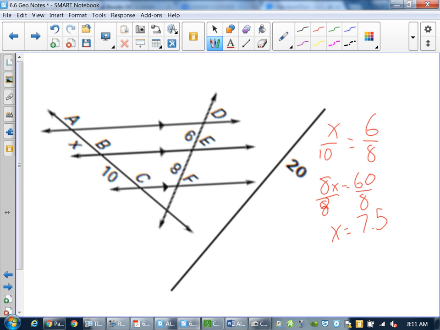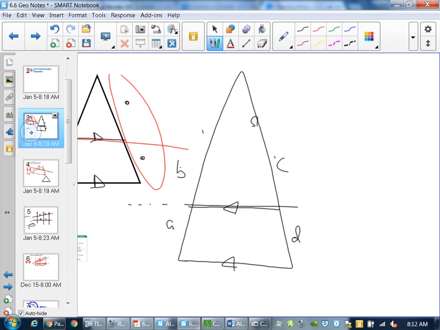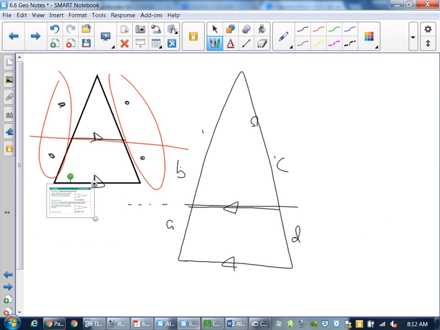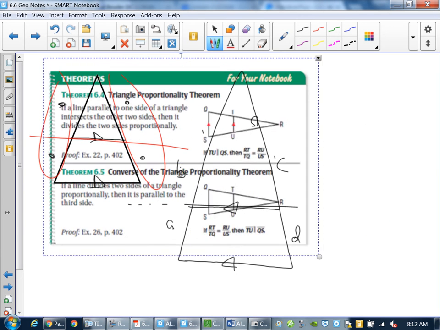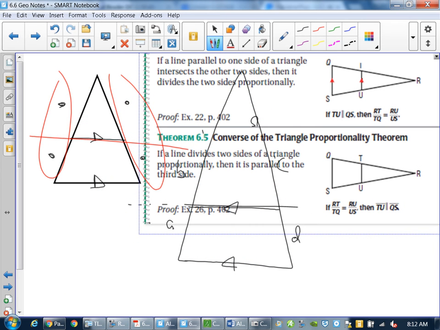It's a matter of picking the diagram that's going to work best for you. Once you pick it, you go. So what does the book say about this? Oh, it's horrible. Nasty. Because this is the last section in the chapter, it's so much easier to just say, hey, why go through the whole thing? The theorem says if a line parallel to one side of a triangle intersects the two sides,